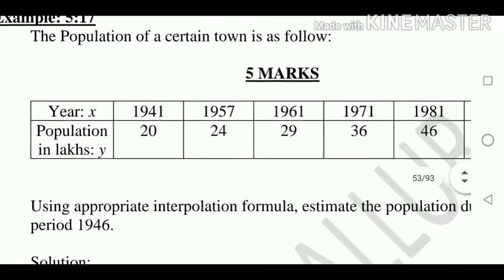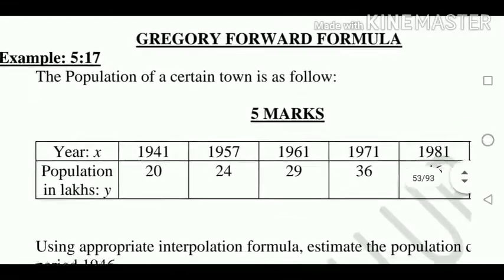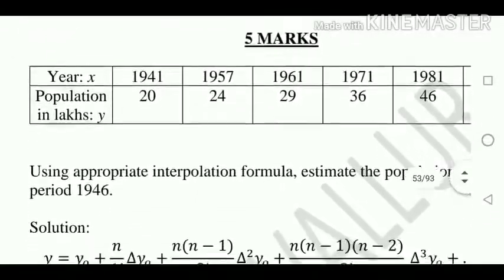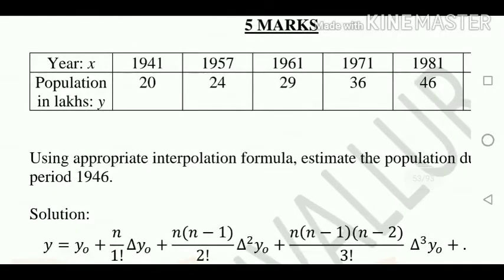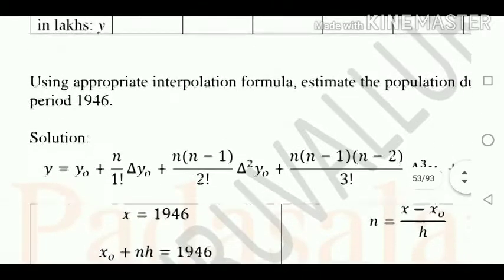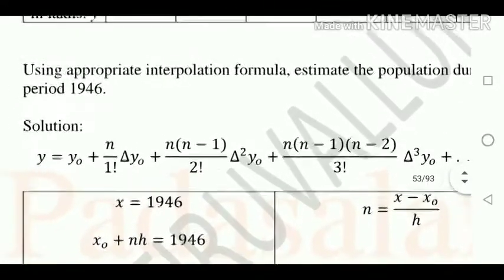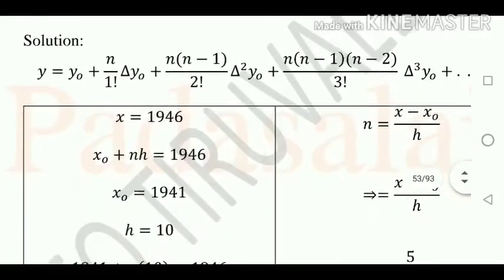Next, another 5 mark example, 5.17. The population of a certain town is as follows: x equal to 1941, 51, 61, 71, 81. Then population is 20, 24, 29, 36 and 46. Using an appropriate interpolation formula, estimate the population during the year 1946. Here the solution is